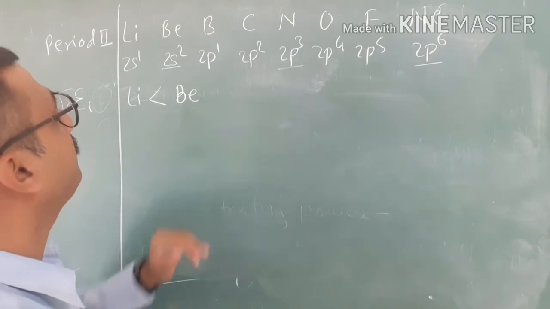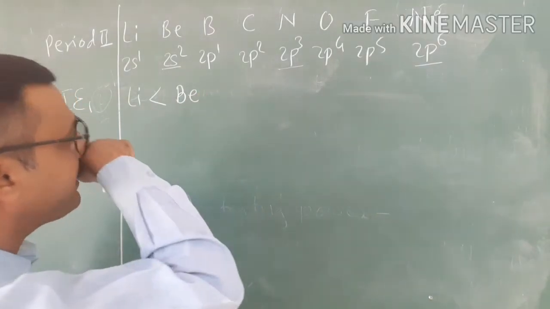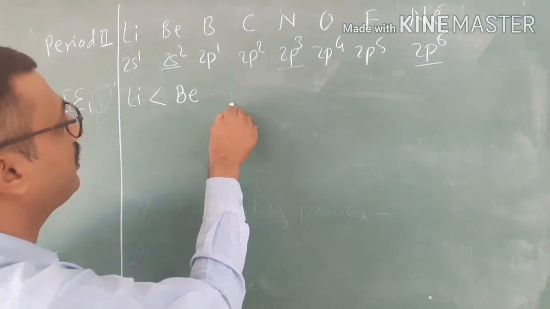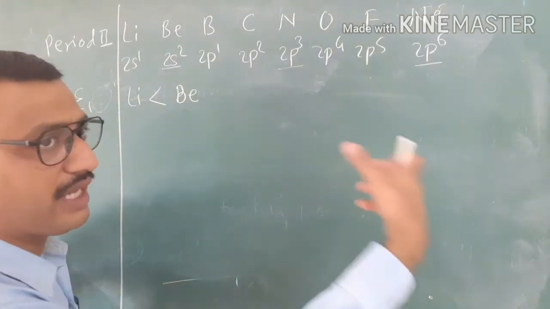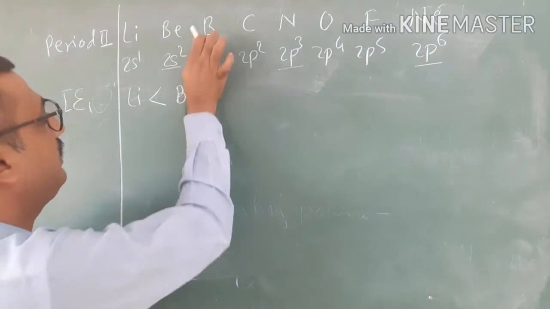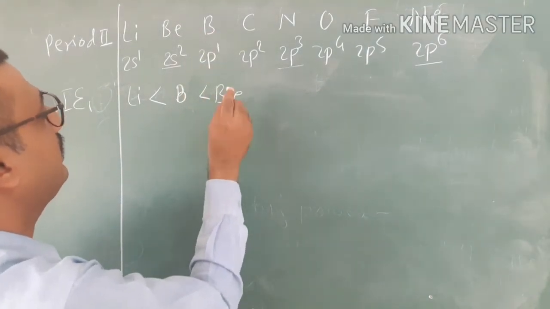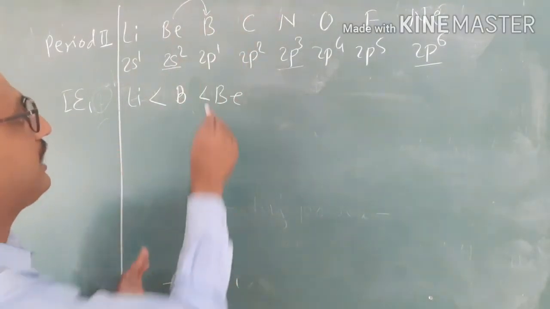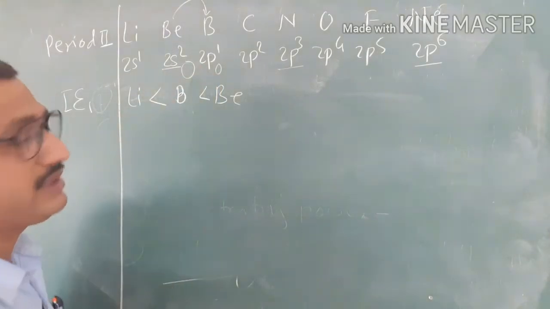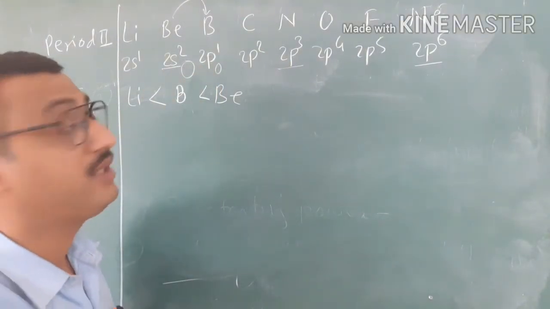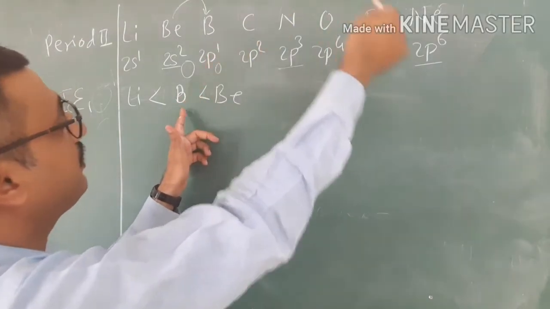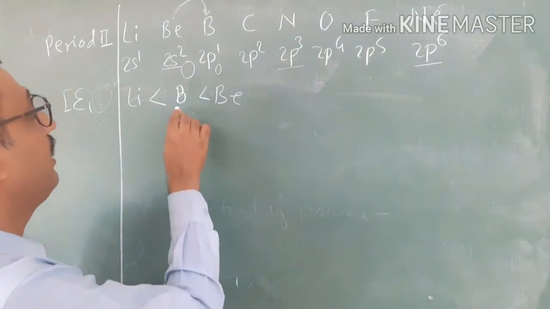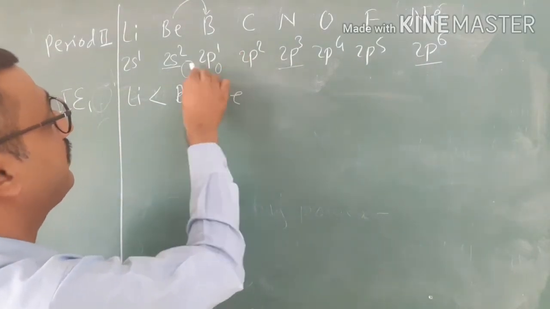As compared to beryllium and boron, what are we thinking? As compared to beryllium, boron is smaller in size and boron should have a greater ionization potential value, but practically it is observed that boron has a lesser ionization potential value than beryllium, because in case of boron it is 2p1, even though the size of boron is smaller and the size of beryllium is greater. So as per atomic size, we think that more energy is required to remove the electron from boron than from beryllium, but practically we can remove the electron of boron more easily than that of beryllium.